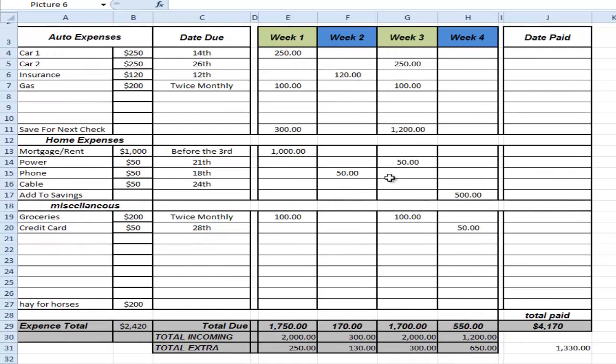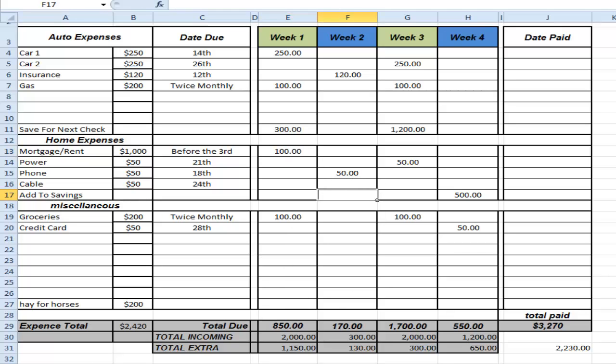So you can set up during the 4 weeks, you'll know how much this check is going to be, how much this check is going to be. And under here, the total extra will tell you how much extra you have after you pay all of your bills. So say you have a $2,000 house payment, it's going to tell you down here that you're minus $750, and you better start selling something on eBay. But we'll put that back to 1,000, and then